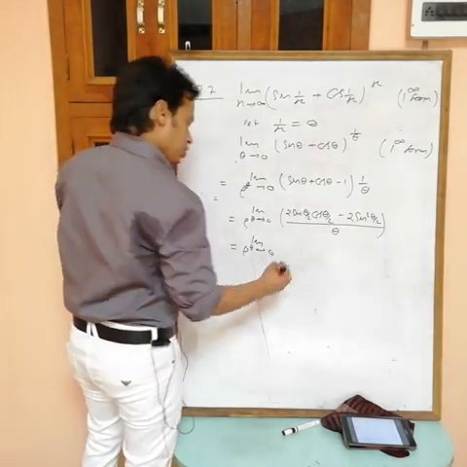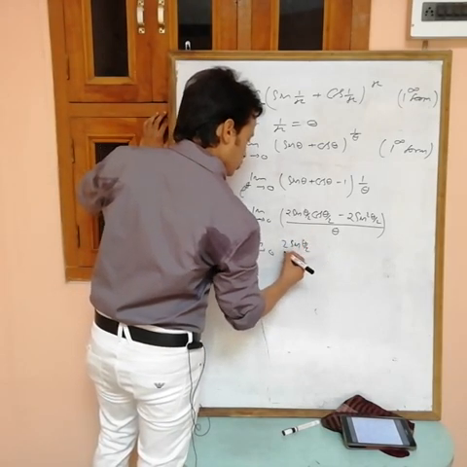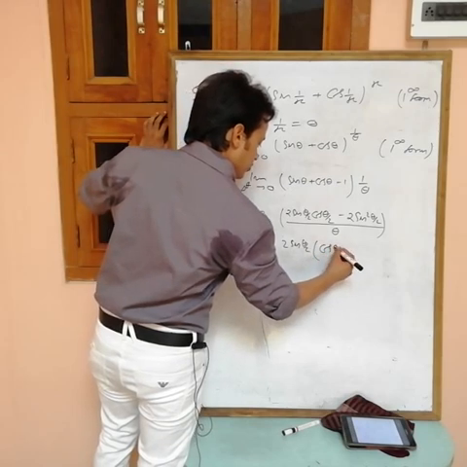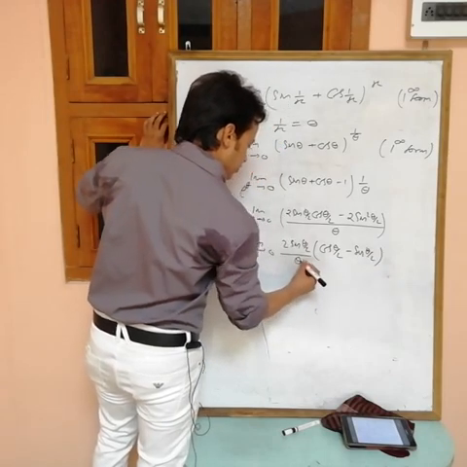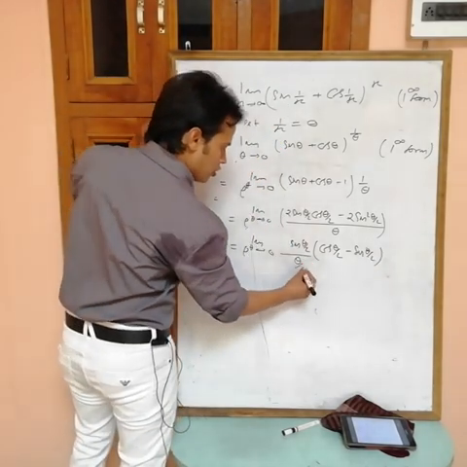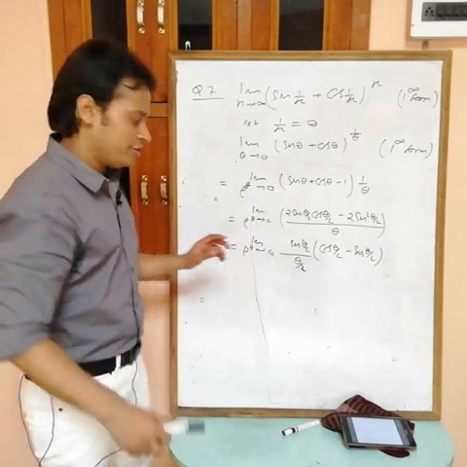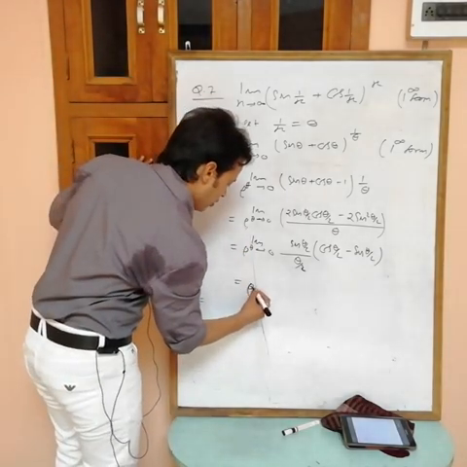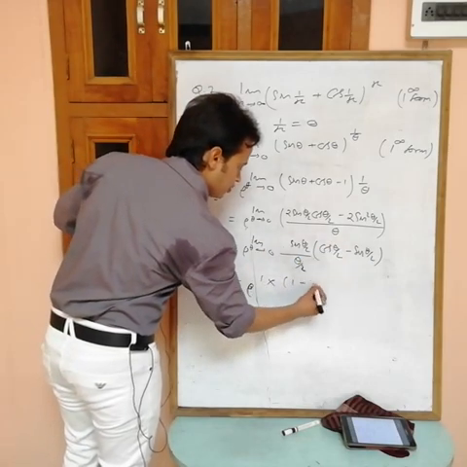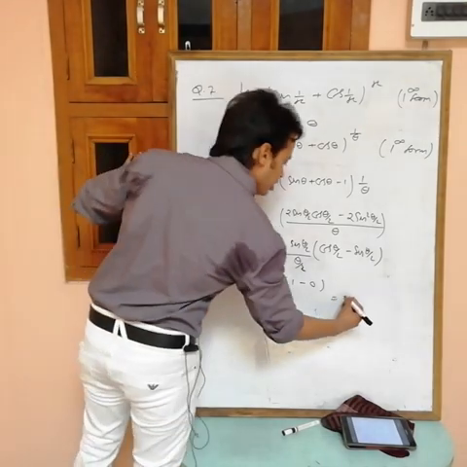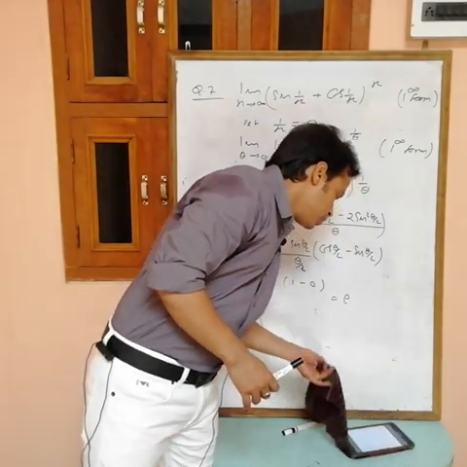See, now I can take common 2 sin theta by 2. Then what you will get? Cos theta by 2 minus sin theta by 2. In the denominator what we have? Theta. If I write this 2 in the denominator, then theta by 2. Now see, sin theta by theta form. So I am using the standard limit, e power limit of this one, standard limit 1. Put theta equals to 0, cos 0 is 1, sin 0 is 0. So what are we getting? e. Same answer you are getting now. Believe me. Okay, write down.